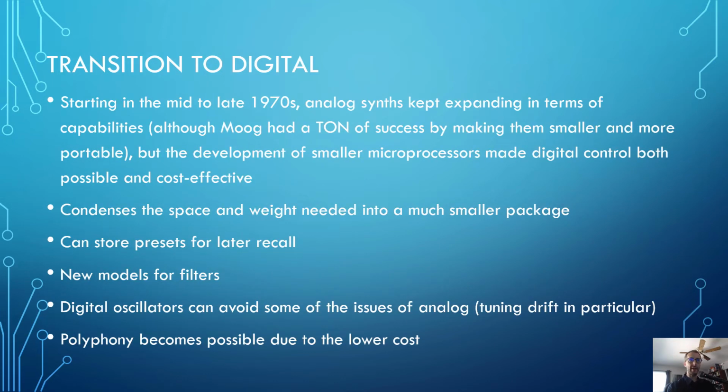But as cool as that is, it has a couple problems. You can't do presets. You can only do generally monophonic synths. You can have one voice, one oscillator. So starting in the mid to late 70s, analogs kept expanding in terms of the capabilities. Moog made them smaller and more portable, but the development of smaller microprocessors made digital control possible and relatively cheap